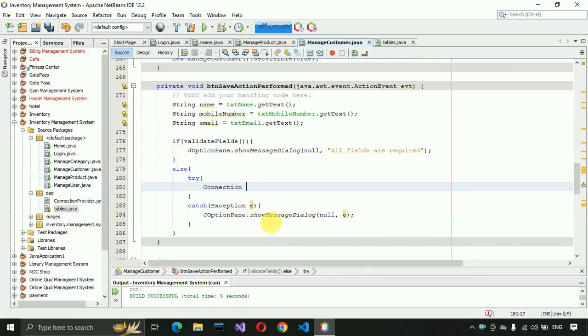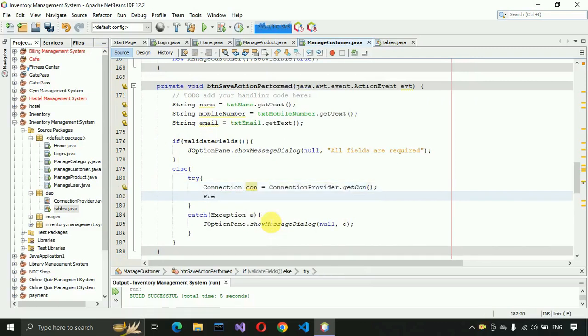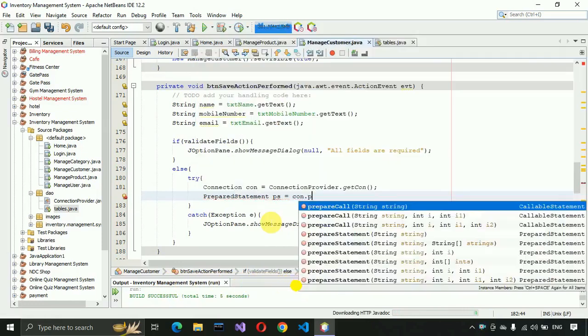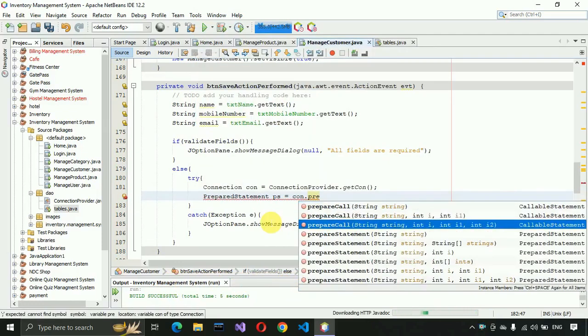So Connection con equals ConnectionProvider.getCon method, and then PreparedStatement ps equals con.prepareStatement, this one,